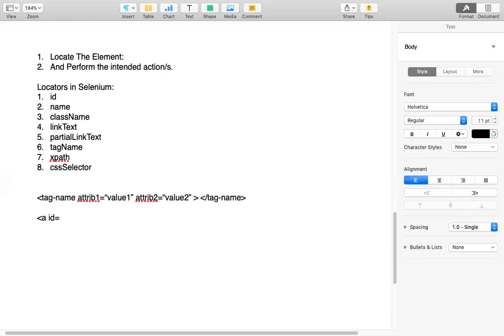Now we can have ID as an attribute. This is a very standard attribute that each and every web element may have, but it is not compulsory. In HTML nothing is compulsory actually. These attributes are also not compulsory. If you want to mention your HTML tag without attributes, you are good to go. You obviously can, but attributes will provide a unique identifier kind of thing to the web elements or